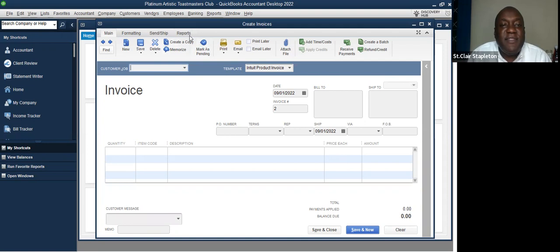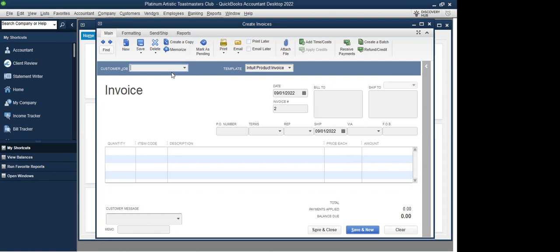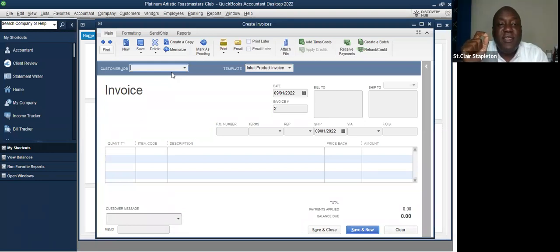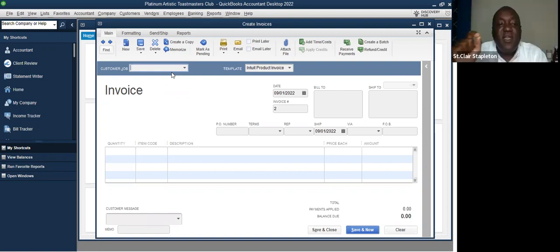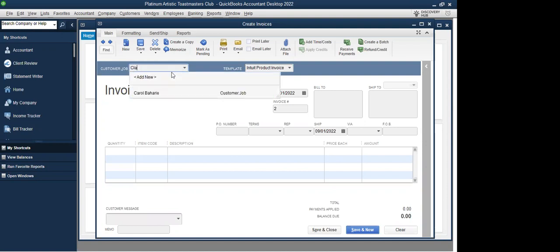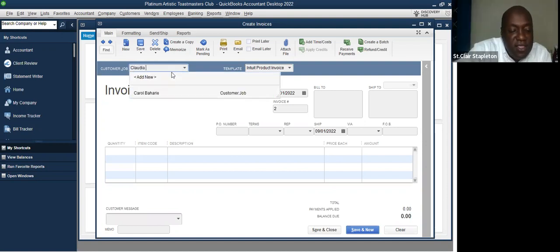So our second Toastmaster member, let me look, Claudia Powell. We are going to bill Claudia Powell. Claudia Powell, is it okay to bill you? Are you going to renew your membership fee, right? Yes, I am. And Claudia, instead of paying monthly, I am going to be billing you semi-annually. So you're going to be paying 45 US. I'm going to invoice you for 45 US, okay? C-L-A-U-D-I-A, Claudia Powell,